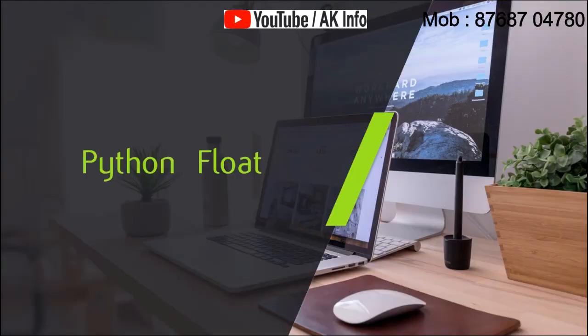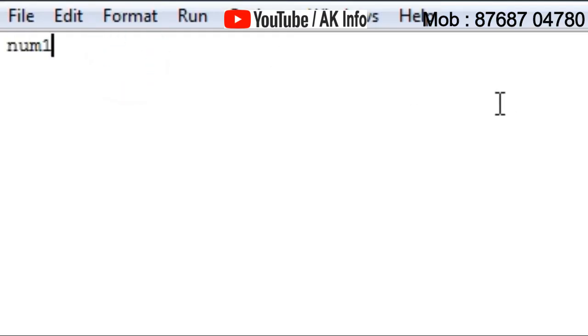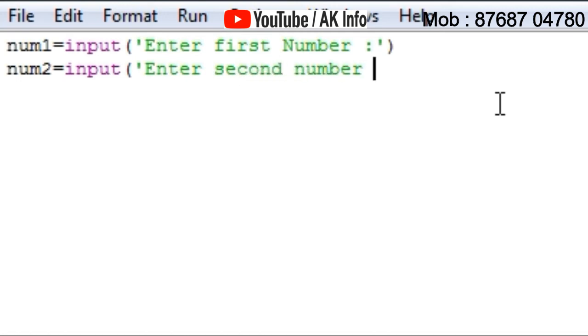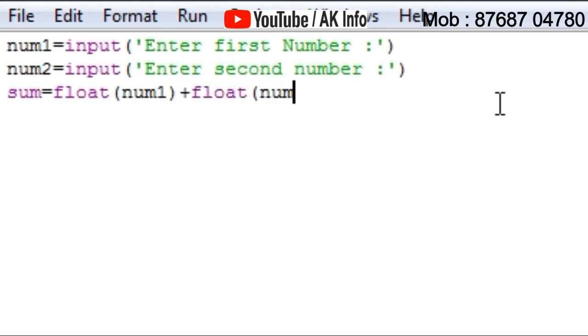Now discussing Python float. Here is a program. Type num1 equal to input bracket open single quote enter first number quotation close bracket close, num2 equal to input bracket open single quote enter second number quotation close bracket close, sum equal to float bracket open num1 bracket close plus float bracket open num2 bracket close, print bracket open the total number is bracket close comma